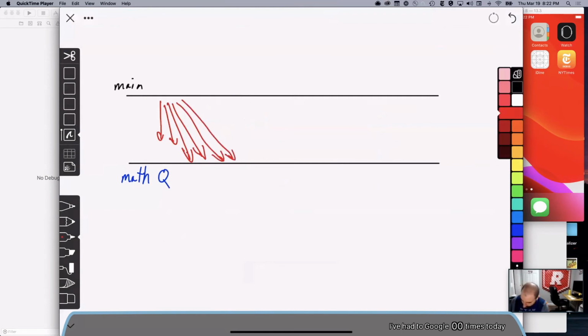As far as the main queue is concerned, there's this one little blip of activity where it enqueues all these things, and then the main queue is happy to just keep on doing its work. Meanwhile, my math queue gets to work and it does the first one, then the second one, then the third one, then the fourth one, and it will eventually get to all of them. And then after each one of those is done, it's going to say, okay, I'm done, and call back. And the main queue will just sort of fit those in wherever it has room. Maybe this one is a scroll event, and maybe this one is some other update.